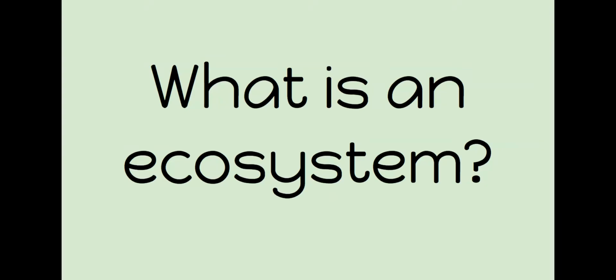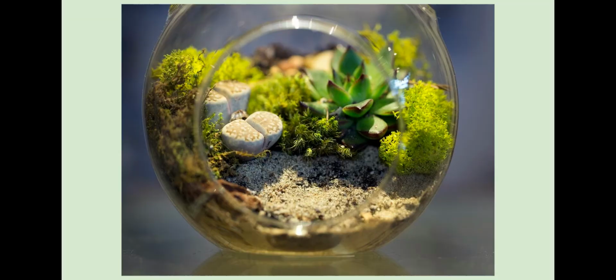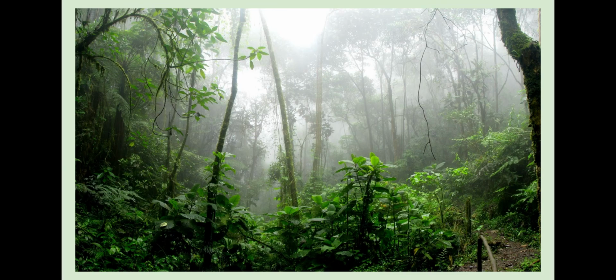Hi, today we're going to look at what is an ecosystem. An ecosystem is an area where living things, biotic factors, and non living things, abiotic factors, work together. There is no specific size that an ecosystem needs to be. They can be as small as something like a terrarium that you have at your house, or as large as something like the rainforest. The thing that you are going to have, though, is these living and non living factors